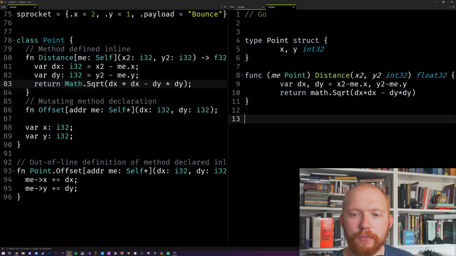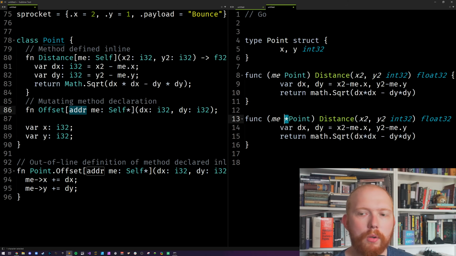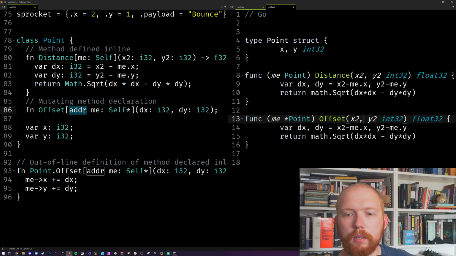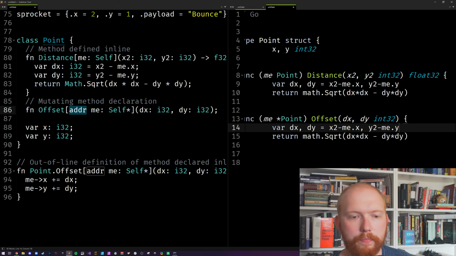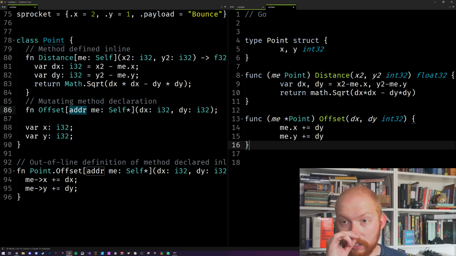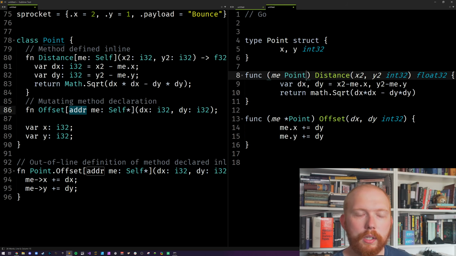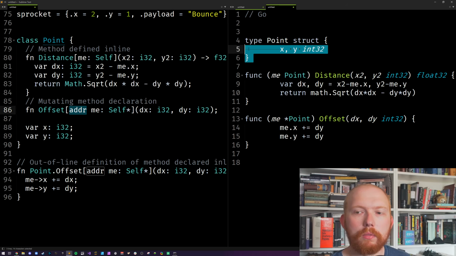And then the next thing here is for an offset, and this is why I said it's very similar. They're doing address here, so they're saying this has to be a pointer to, and they're saying take the address of it. In Go, you just do a pointer there, and then dx, dy, it doesn't return anything, and then you can just do me.x plus, me.y plus dy. So that would be the Go equivalent of this code. And I personally prefer the Go approach because this means you can apply methods to any data type, not just structs or classes or whatever, because of Go's type system, how that works. But also I think it's clearer to read because here's the struct, and then here is the stuff.